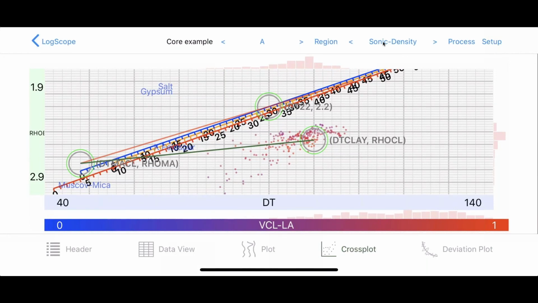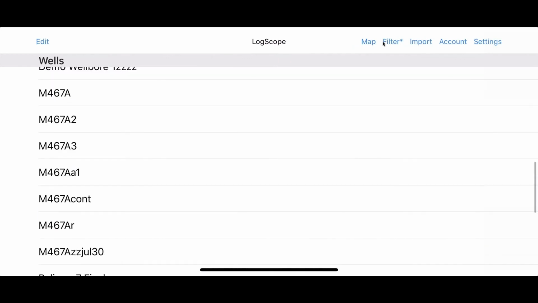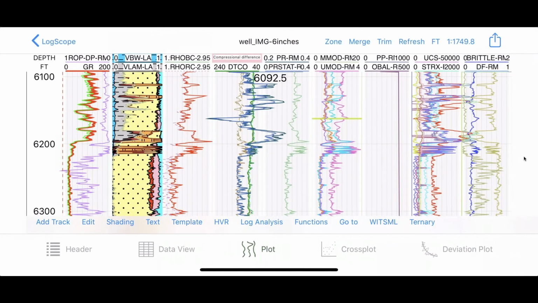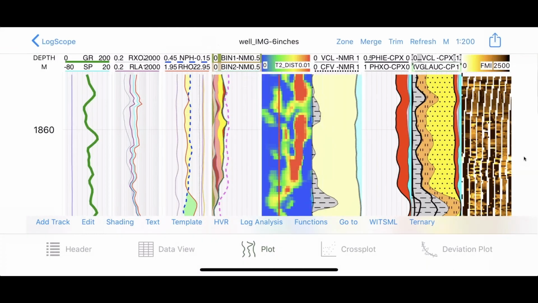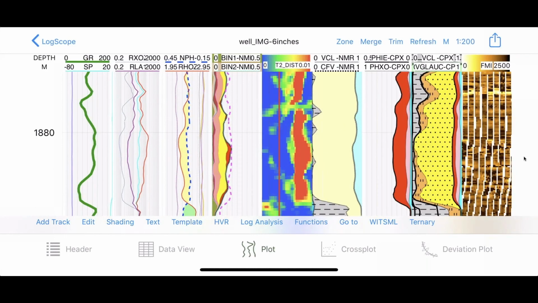Okay, so if I go back to the plot, I want to talk about the NMR and the rock mechanics. I have a well, so I'm just going to exit out of this, and I'm going to go to set that actually has NMR in it, and I'll just unload my NMR data set, which is this one here, and you can see the NMR, and this is a gas